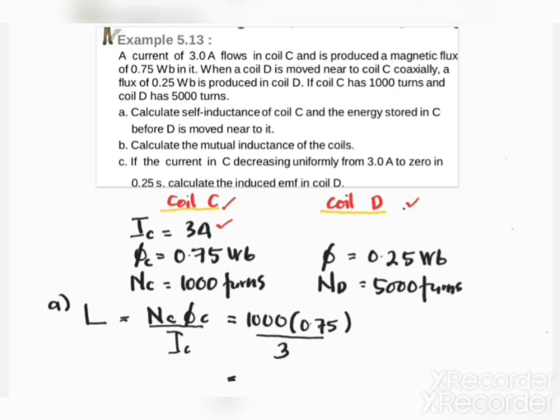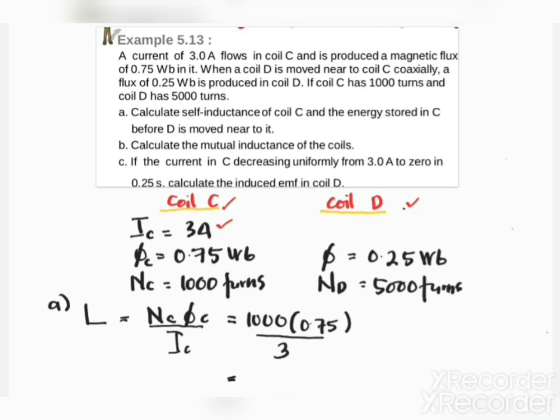Example 5.13. A current of 3 ampere flows in coil C and produces a magnetic flux of 0.75 Weber in it. When a coil D is moved near to coil C, a flux of 0.25 Weber is produced in coil D. If coil C has 1000 turns and coil D has 5000 turns,